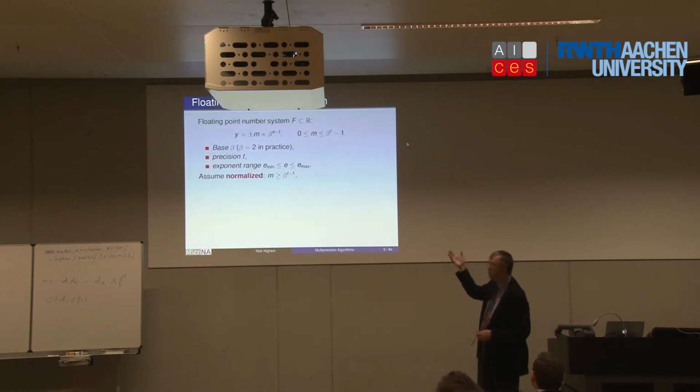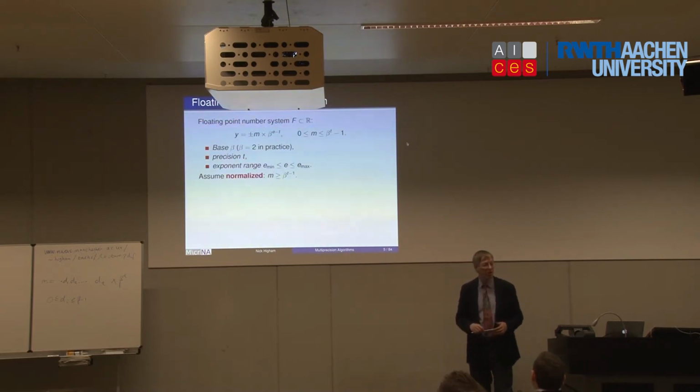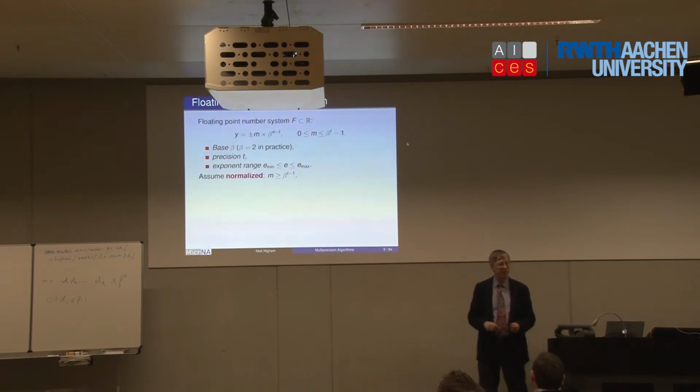In practice, the base is usually 2, although on a pocket calculator, by the way, does anybody know why? I think they still do. So your Casio calculator or Sharp calculator, whatever, uses base 10 internally, whereas all computers nowadays, of course, use base 2. So why does a calculator do things differently? Yeah, it's not so obvious.